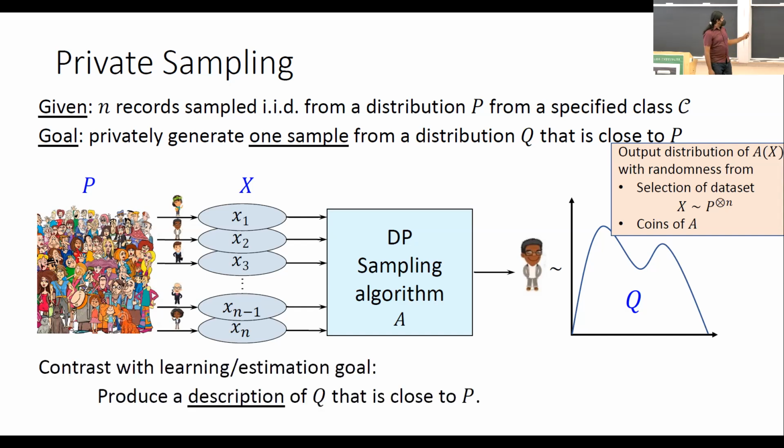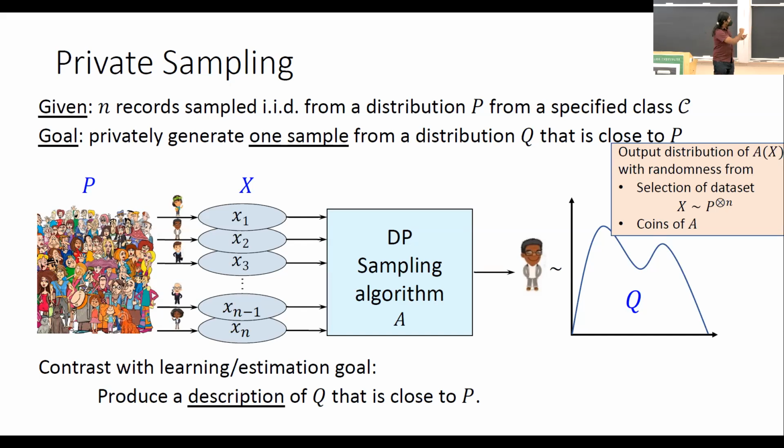So I want to contrast this with the goal of private estimation. So in private estimation, you also have a class of distributions. But instead of producing a single sample, you want to produce a description of a distribution, an entire description of a distribution that is close to the source distribution. And so what do you mean by description of a distribution? So if you consider the class of Bernoulli distributions, they're completely specified by the probability of outputting 1. And so you want to estimate that probability. So that's what learning would be. And for sampling, you just want to output a single sample, either a 0 or a 1. So that's just to contrast with the problem you guys may know.